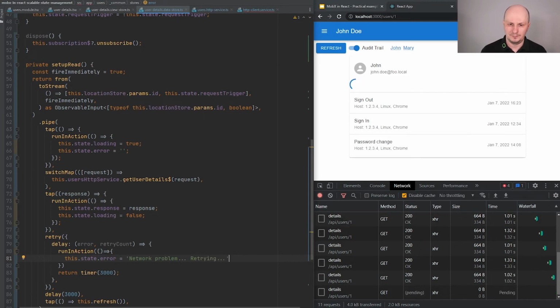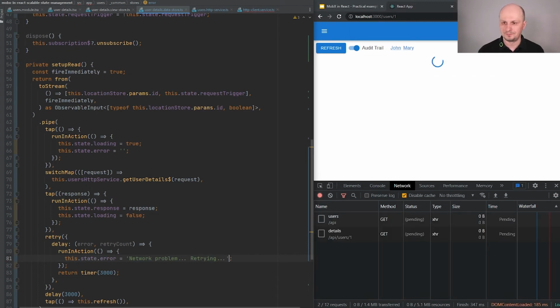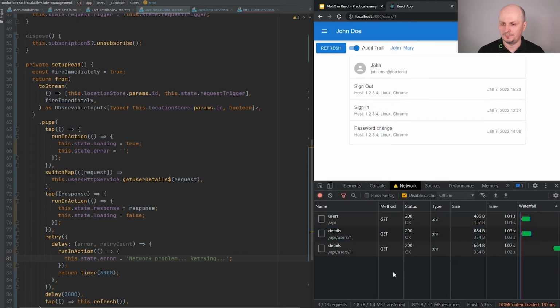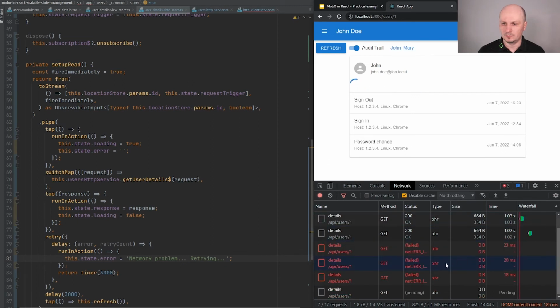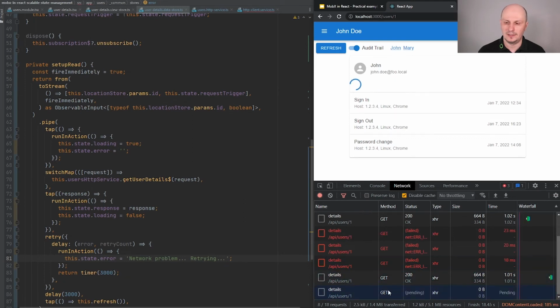Okay, let me save it and offline. We see the error message here. When I fix the network problem, everything works fine.